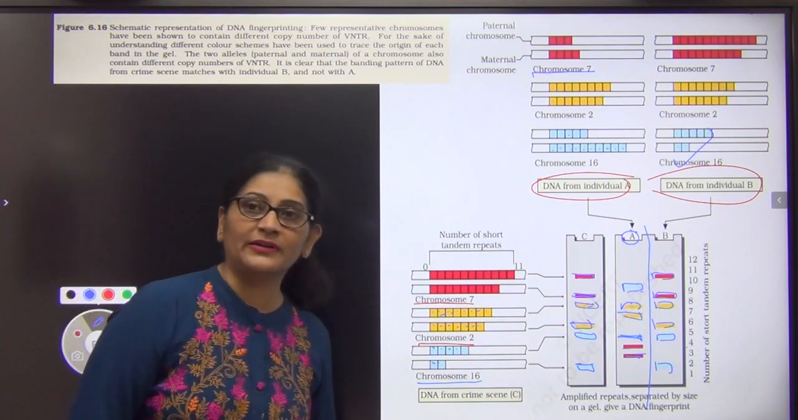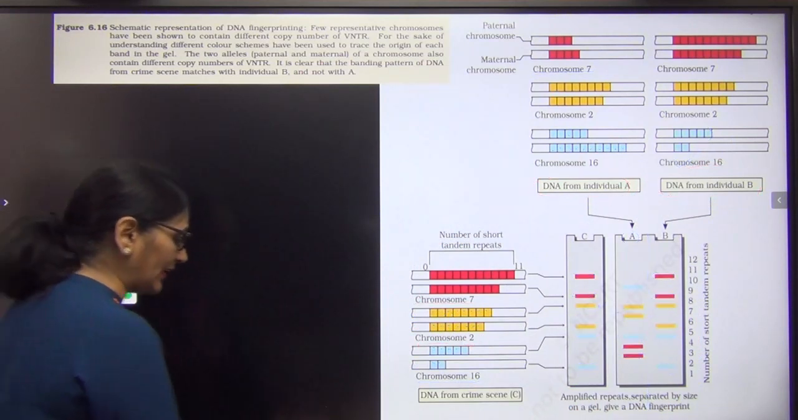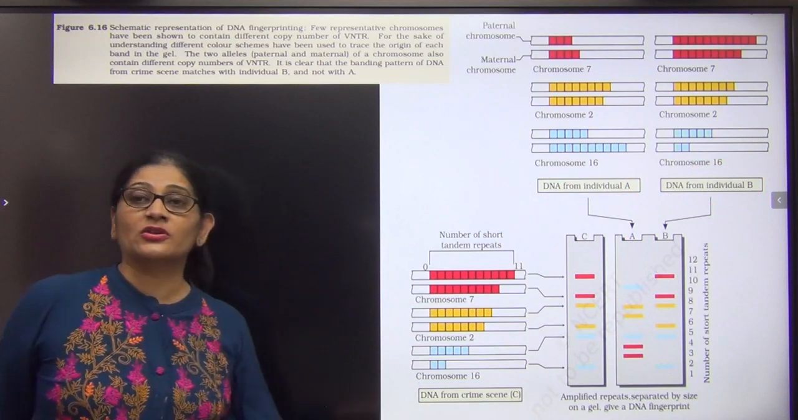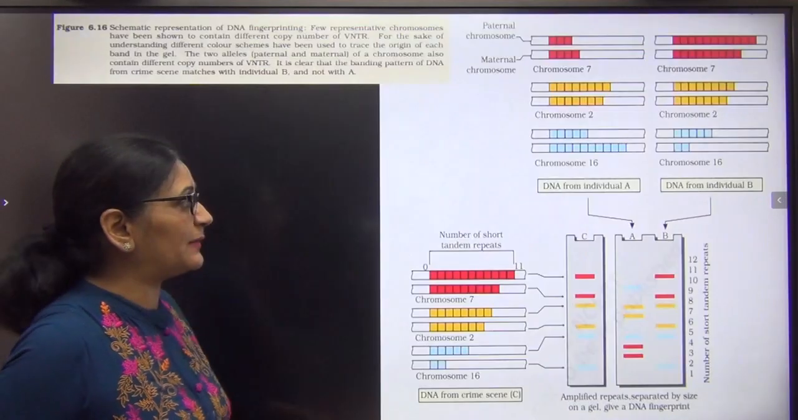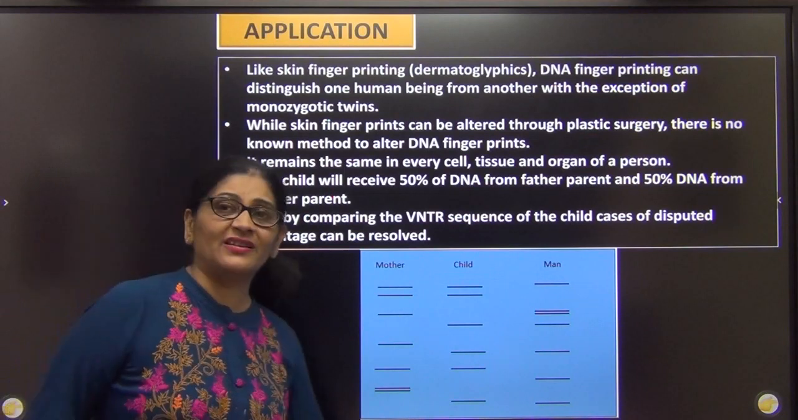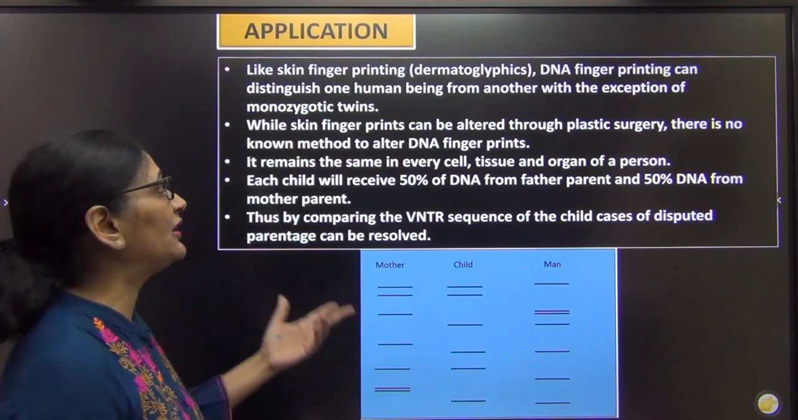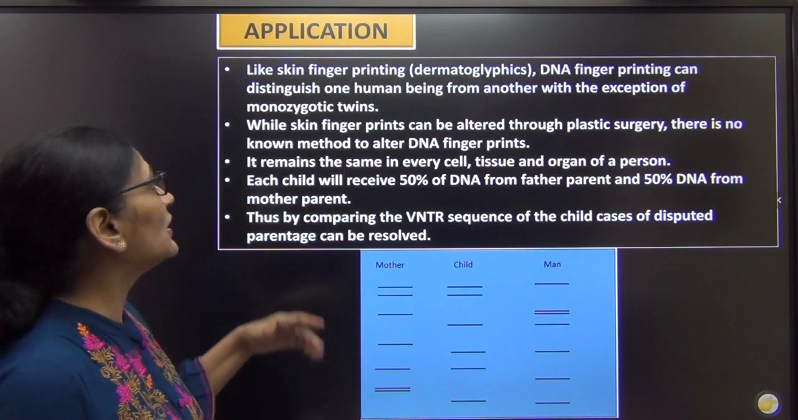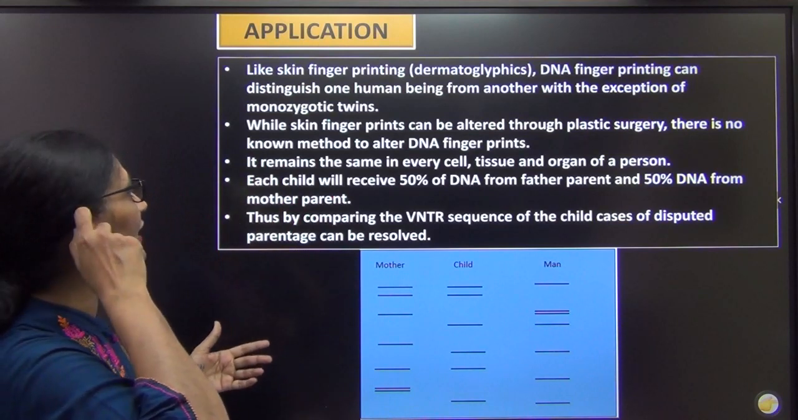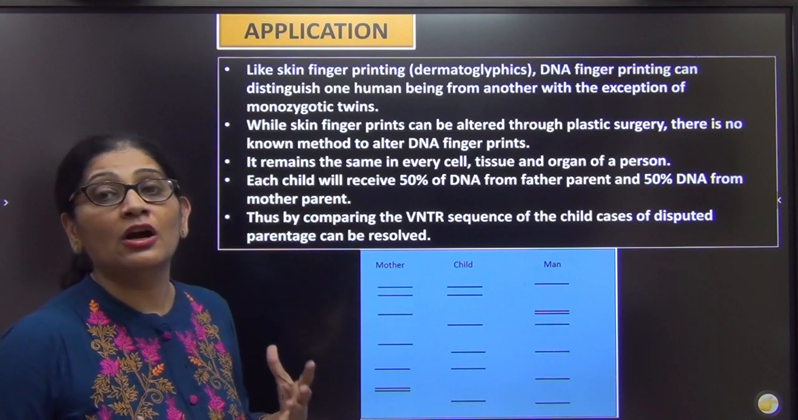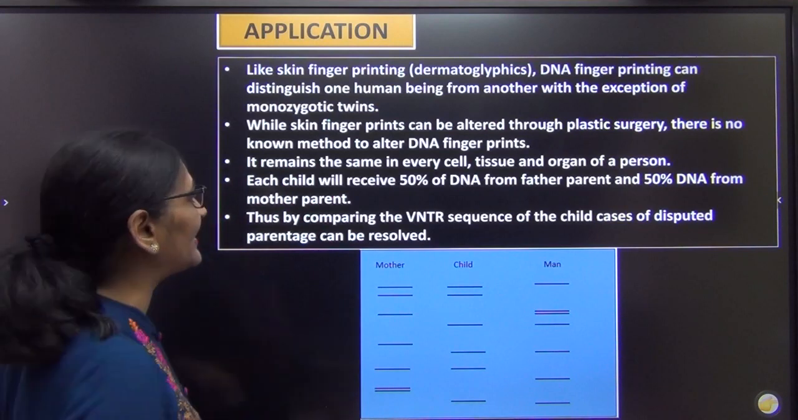Right? So there is a wonderful diagram in your NCERT as well. So I hope with this, the process of DNA fingerprinting has been well explained and you have understood. We will just go to the two significances or applications of DNA fingerprinting. One, you know that DNA fingerprinting can be used for forensic science,